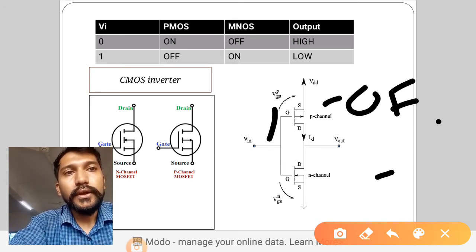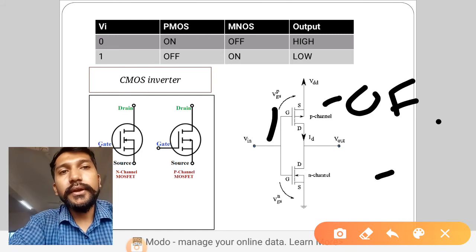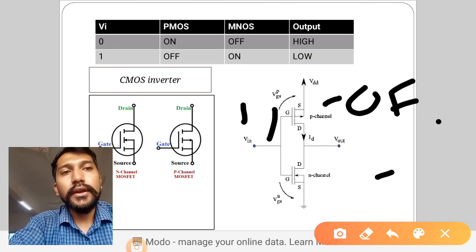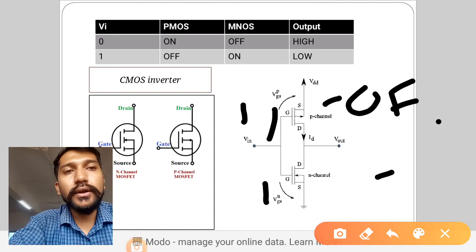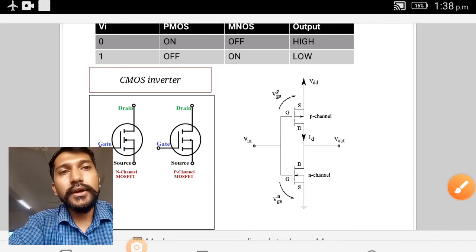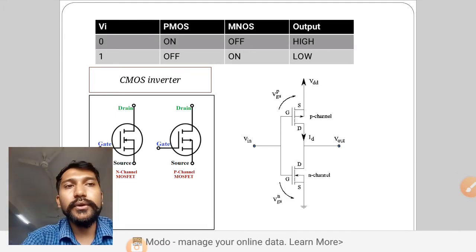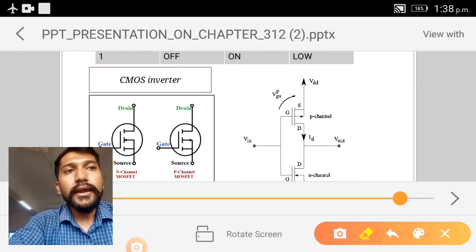Okay, because the P channel is going to become on when it gets low input, but here it is high. Here I have given 1. Now the N channel is going to become on when it gets 1. Now it is getting 1, so it will become on. Fine. So what is the scenario over here? When that particular device is going to become on and when that particular device is going to become off, it depends upon the N and P channel.